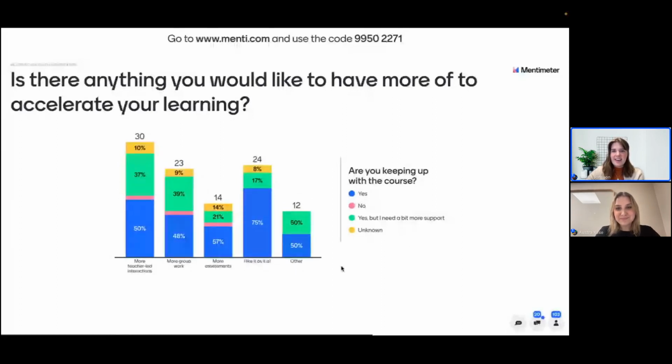To begin with, the yellow one, unknown, basically means that we have some people that are answering on this question that didn't answer the earlier question. So basically, we don't know anything about the response to the earlier question. But looking at I like it as is, that means that we have